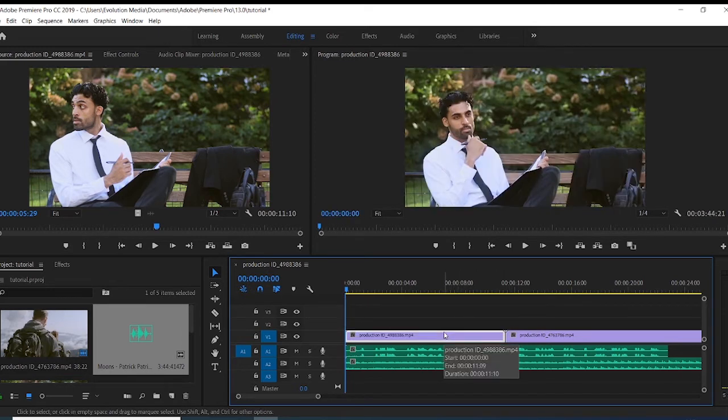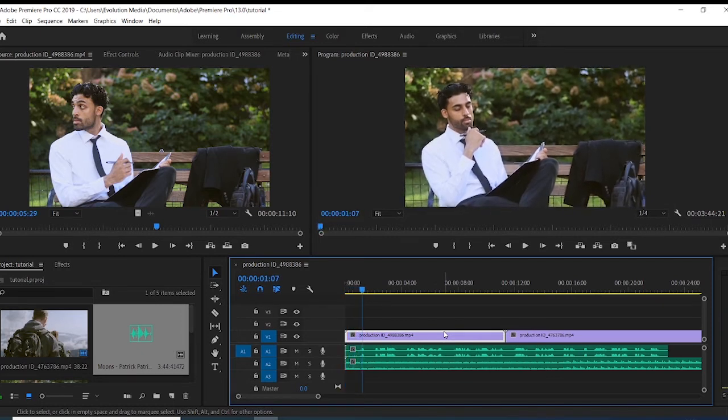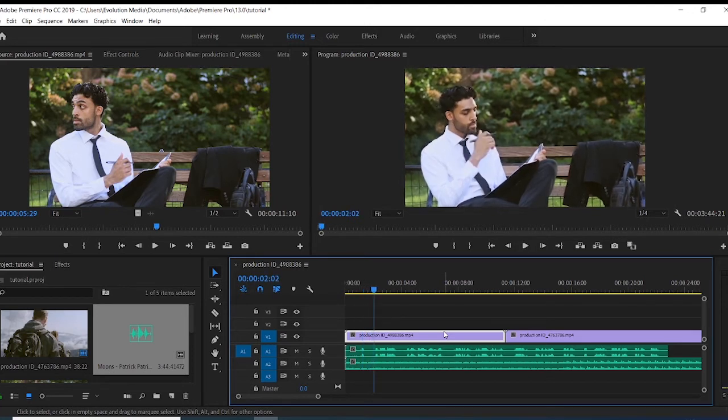But there are three shortcut keys that I just want to give you. If you press key C on your keyboard, it's going to give you the cut, and if you press V, it's going to release it. And if you press space, it's going to play your video. Space is pause and play, C is cut, and V is release the cut. Those are the major things you'll be needing, but other things you can do in effects.